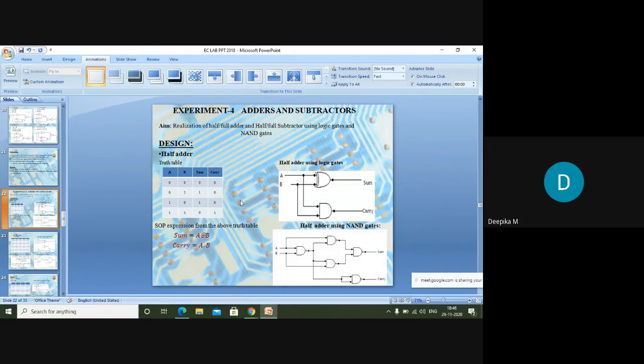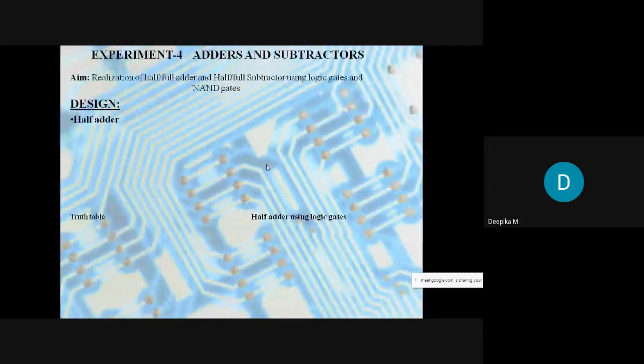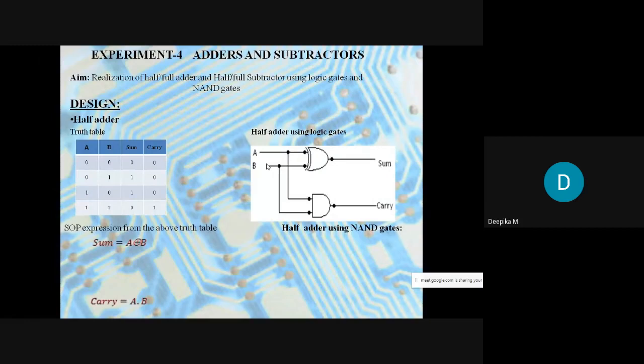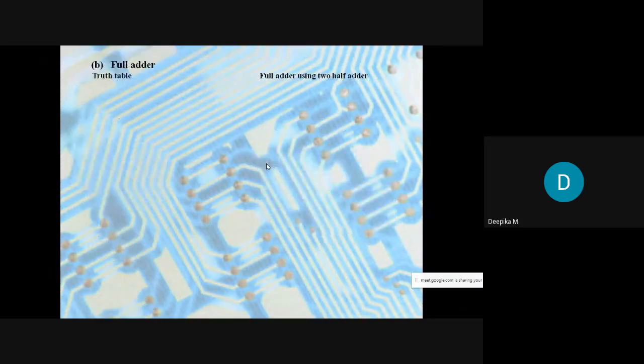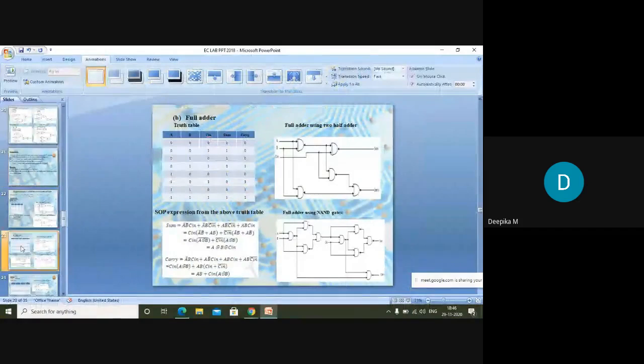So what are the adder and subtractor we are having? You know that an adder is nothing but a combinational circuit which performs